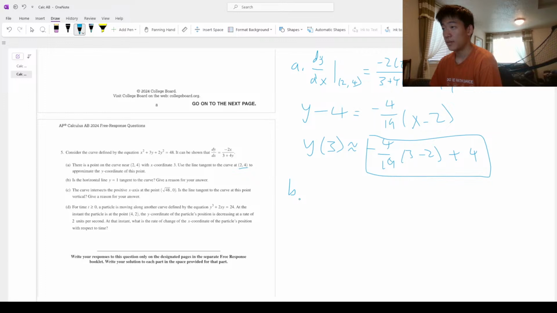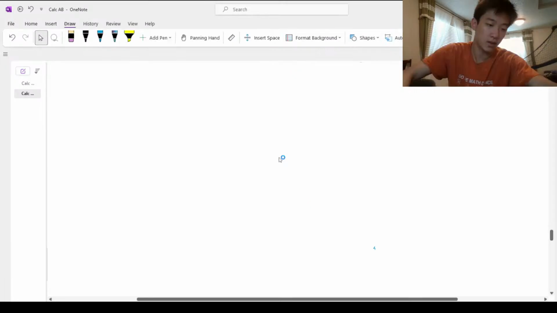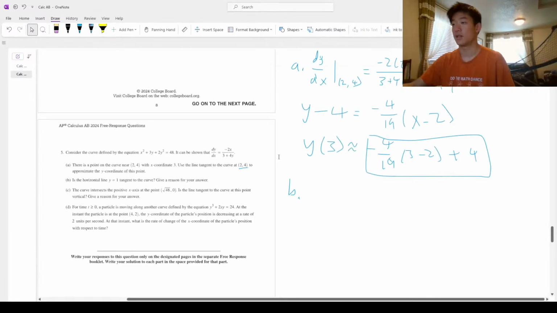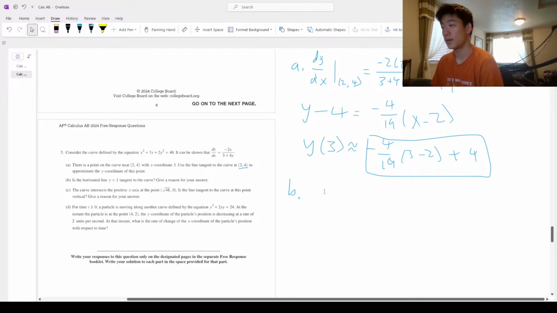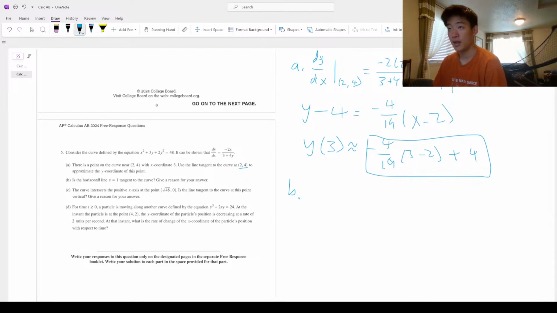So okay, now part B. Is the horizontal line y equals 1 tangent to the curve? Give a reason for your answer. Okay, so